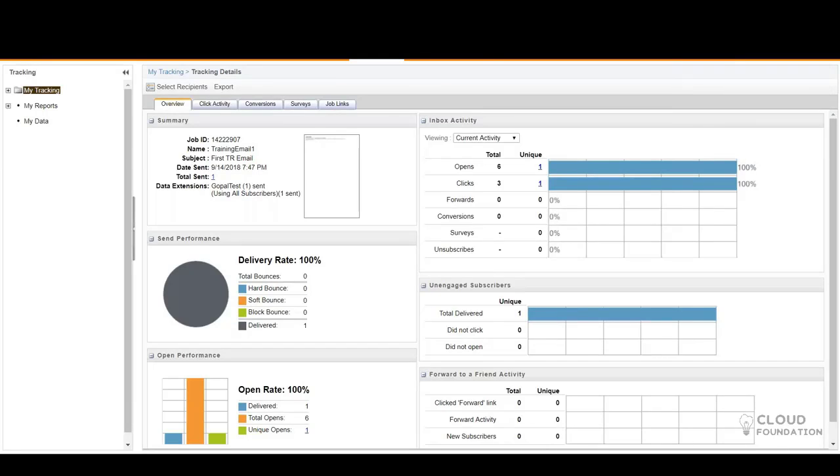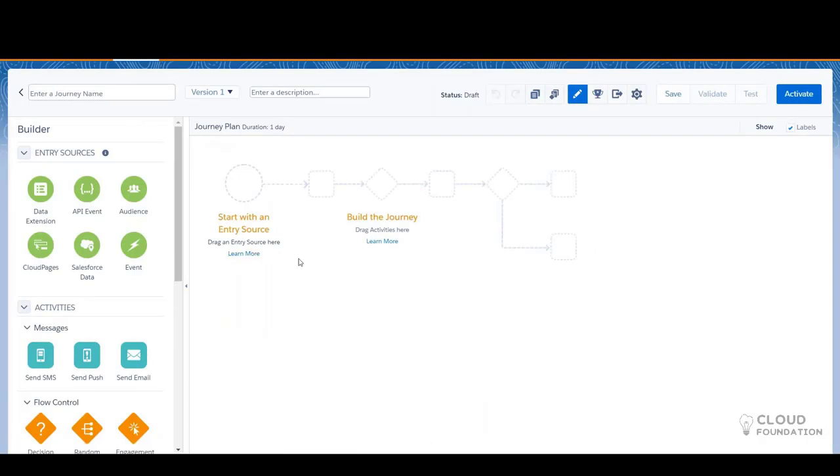And when you come to Journey Builder, this is where you automate all your marketing stuff. I'll give you an example. First of all, I'll select a data extension. We have multiple entry sources. One is data extension. Like I showed, you can have a data extension, store all your contacts, and use that for sending out the communications. Or else you can have an API. Through an API call, you can inject the audience, the contacts, into the journey. We also have audience using Automation Studio.